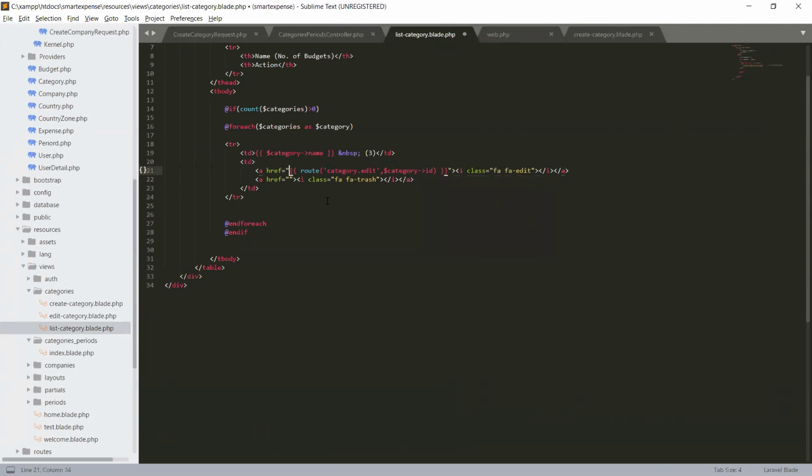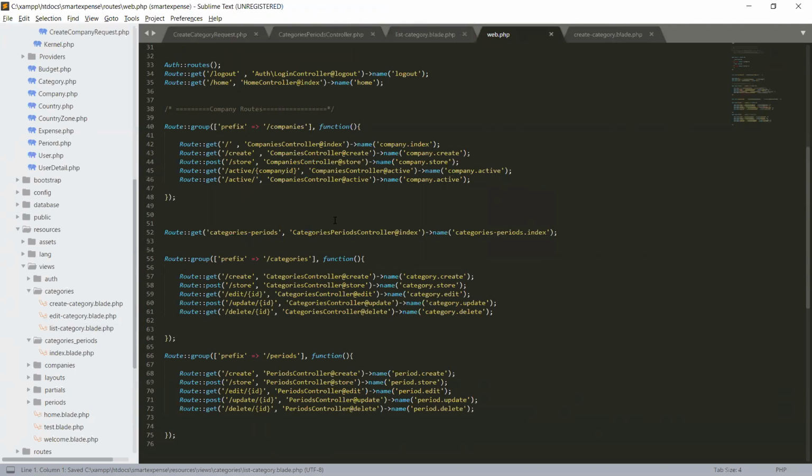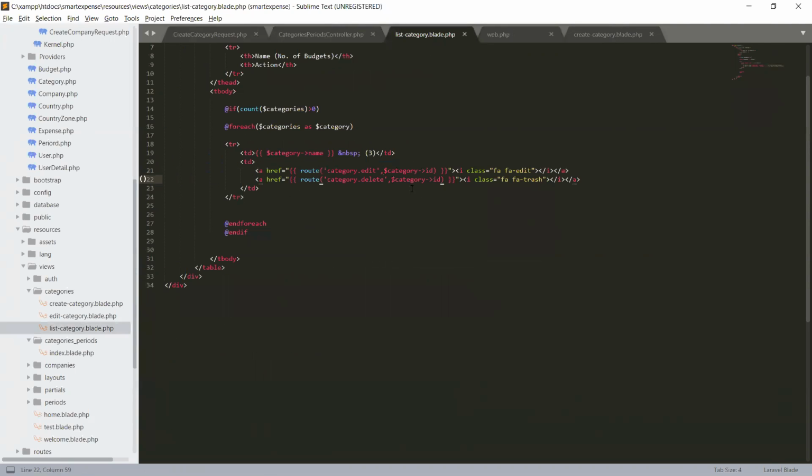Okay, let's copy this and paste it to delete a category if we need to delete it. Then we will also require the category ID. So it will go to the delete route. In our web, we have a route which will use a get request delete, and we will require an ID. So we are sending that ID from here.